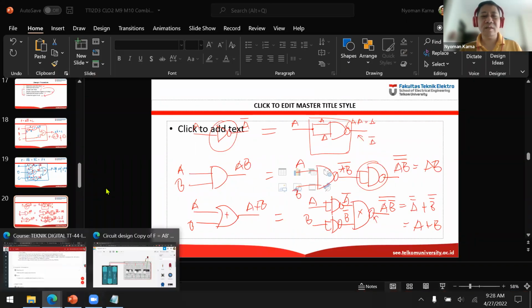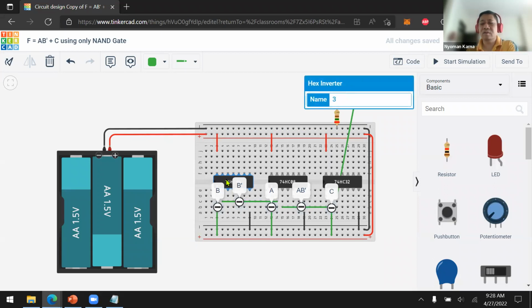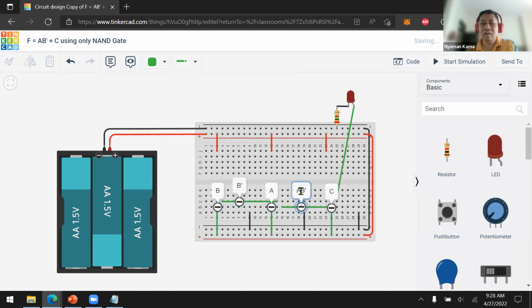Now let's try it in our Tinkercad. Yeah, this is the copy. So this one F is A B naught plus C using only NAND gate. Okay, so we're not going to use this. We're not going to use this. We're not going to use this. Let's move it first here.